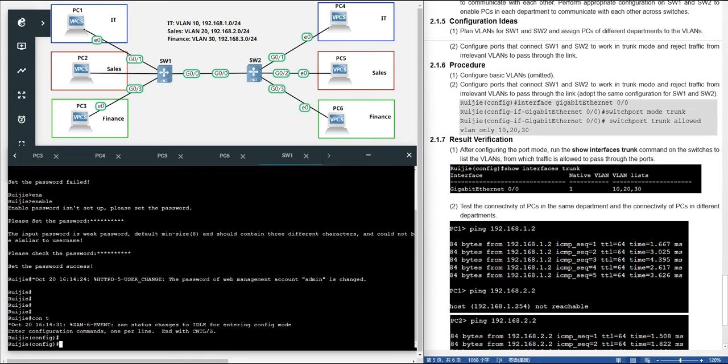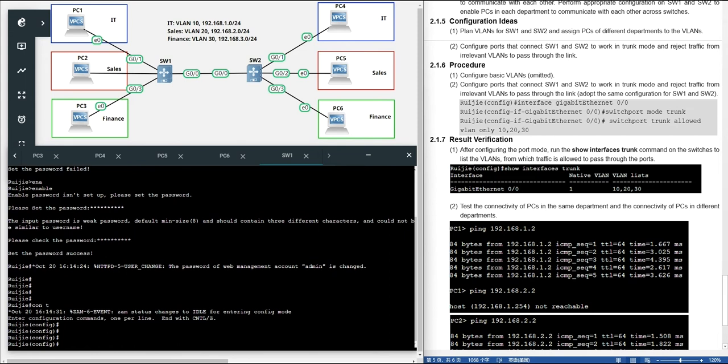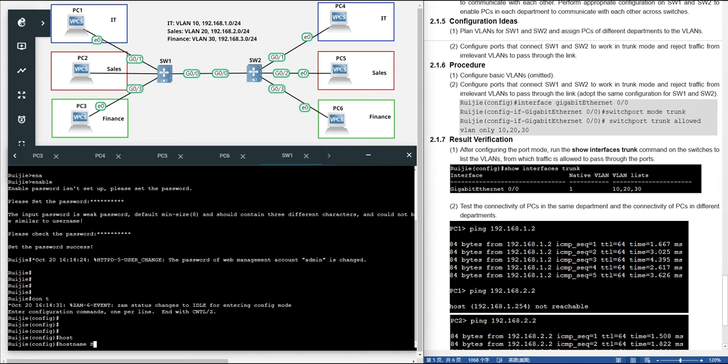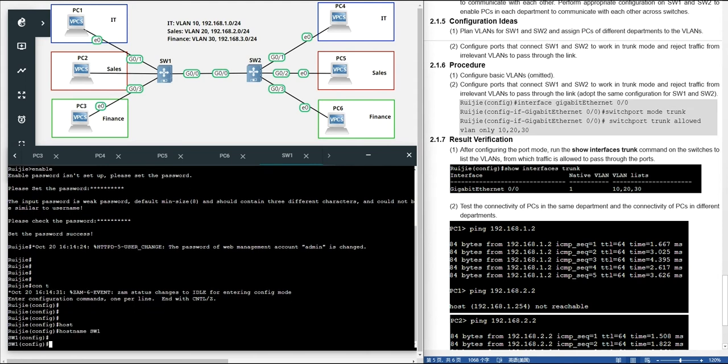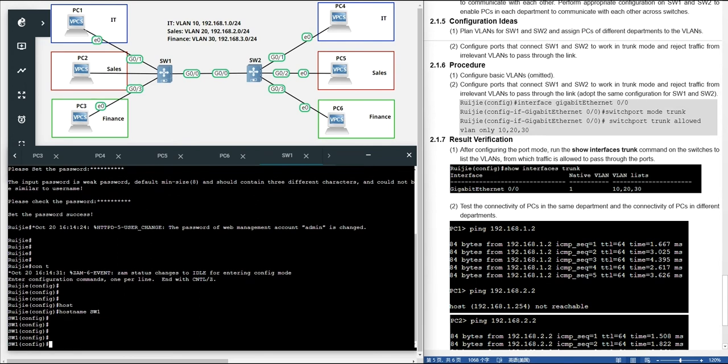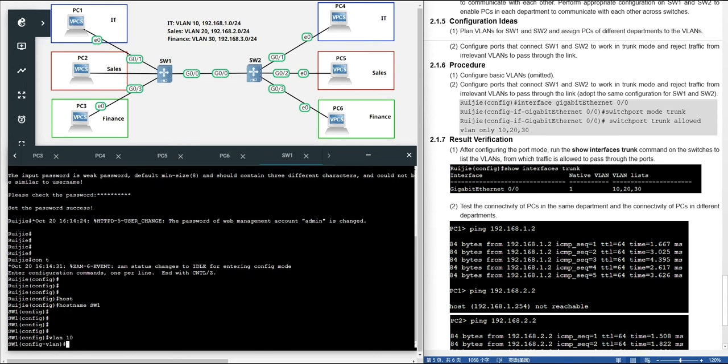Enter the configuration mode, and because now we have 2 switches, you can change the host name. The command is hostname switch1. You will find the name change from Ruijie to switch1, and then you can create VLAN 10. Because all the interfaces you connect with terminals are access interfaces. In the first video, I showed you how to configure access, right? You can enter the interface and set the access VLAN to 10.